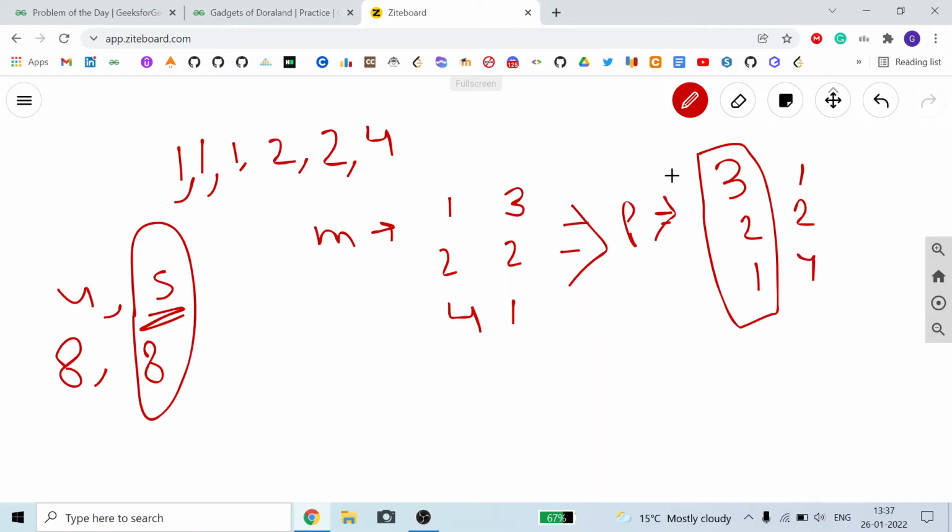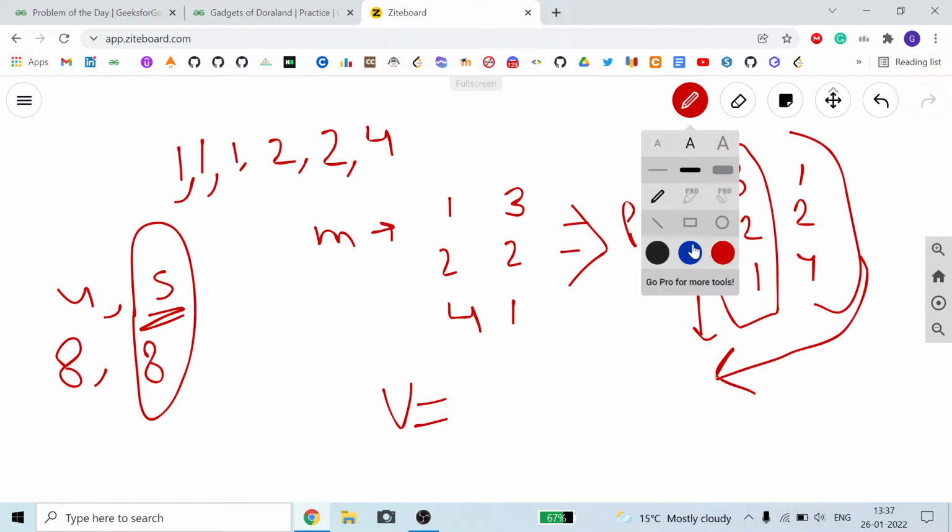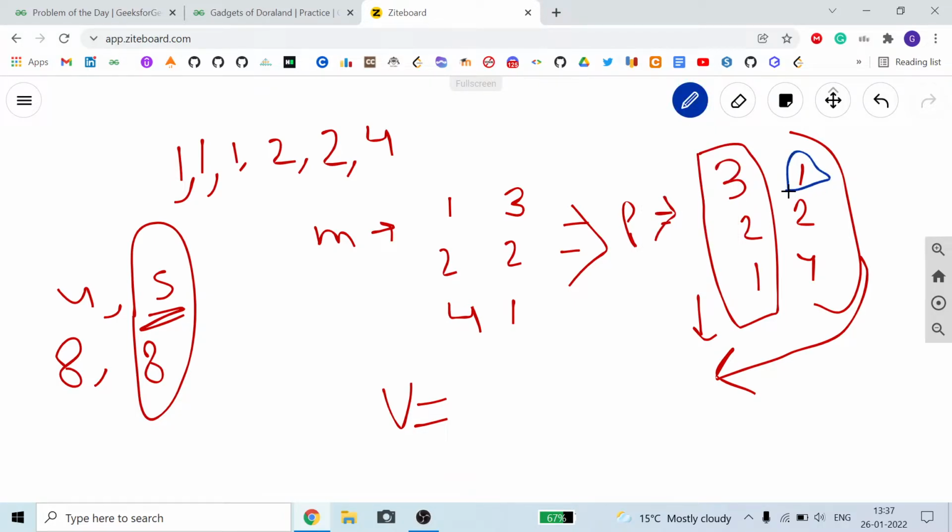So how I am doing it now, I will sort it. In sorting, as you can see, it is already sorted, so my sorting operation returns the same vector here. So this is my vector here, push_back. First of all, I am changing the color. First of all I will store this one. Now here i is equal to 0 and k is equal to 2.